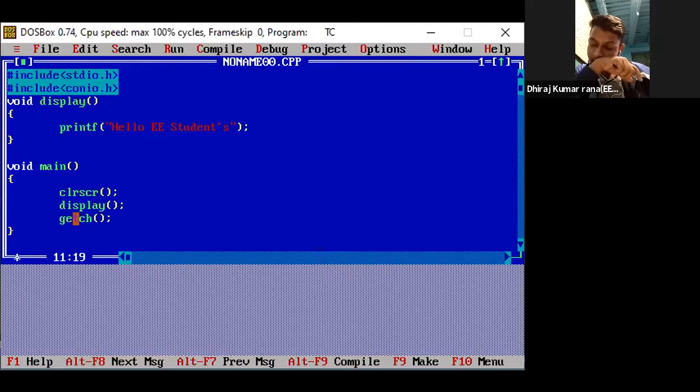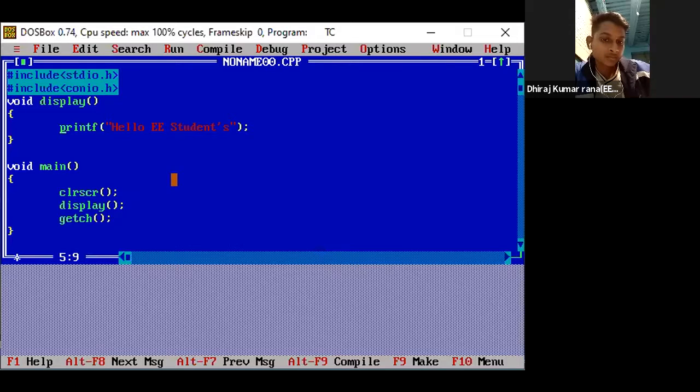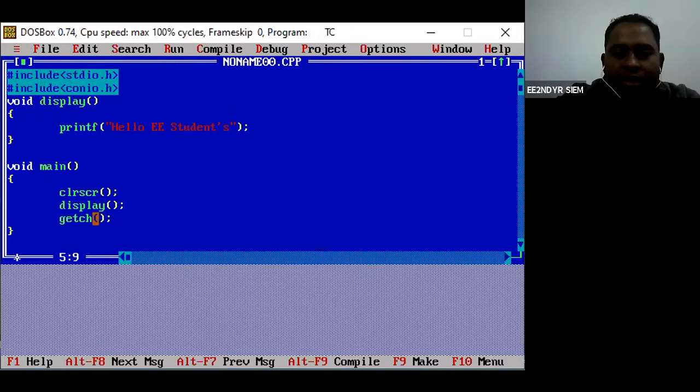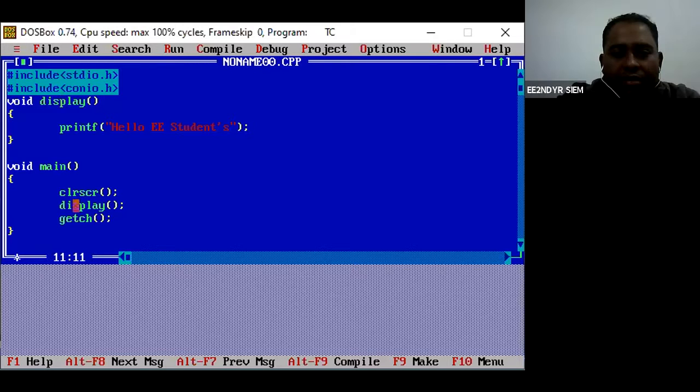So what I am doing here is the same program. This print statement previously was between the clrscr and getch, but now I have included a method. Function and method are the same thing. So this is the function definition, and this is the function call.